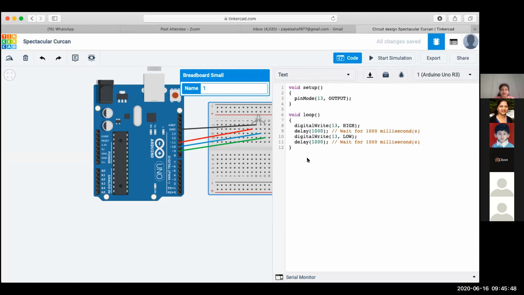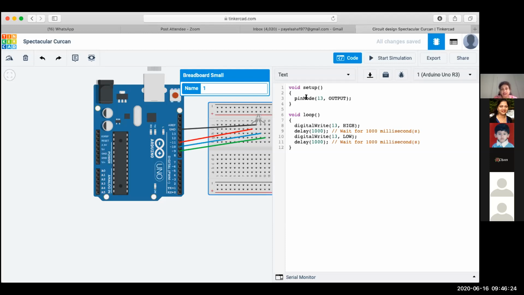Now remember, for any Arduino code, there are two basic loops. One is the setup part and the other is the loop part. In the setup part, whatever we put within these curly brackets will configure the pins. Whichever pins we are using can be configured as either input or output. So within these curly brackets, we write which pins will act as input and which pins will act as output. So we set the pin modes.